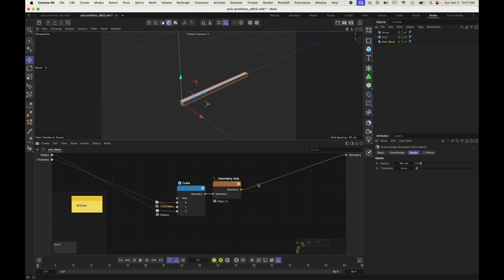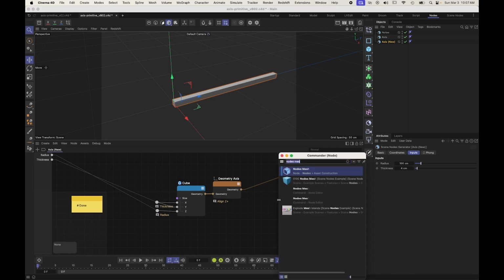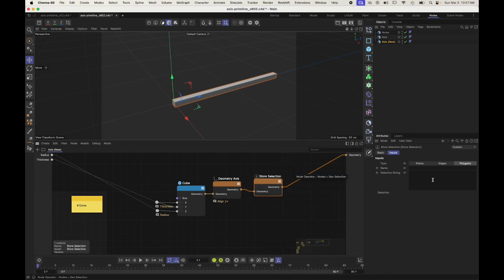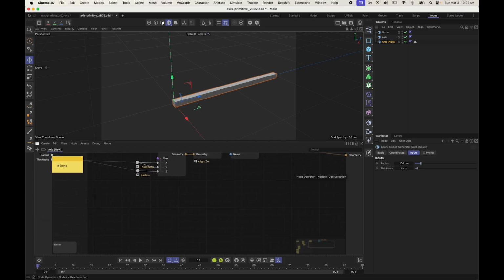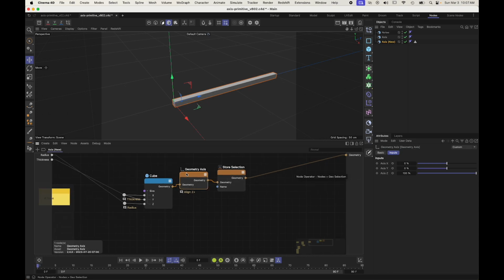And the last thing I might want to do is add in an option to store the name of this axis, right? So I'm going to Shift C, and I'm going to search for store, which allows me to store a selection. I'm going to select all of the polygons here, and I'm just going to name this as x-axis. And I suspect this name is something I'm going to want to change, so I just expose that by command clicking. So I now have a single axis,